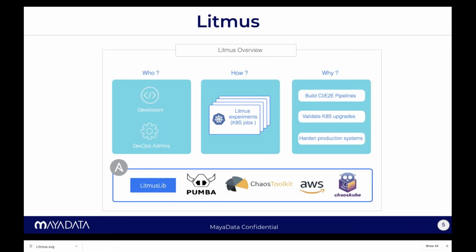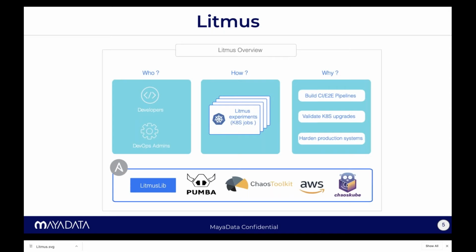Who can use this is anybody writing a Kubernetes application to harden that application, or anybody deploying an application and building pipelines, or SREs managing the applications in production.